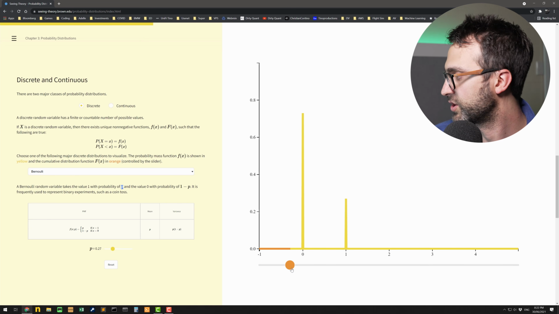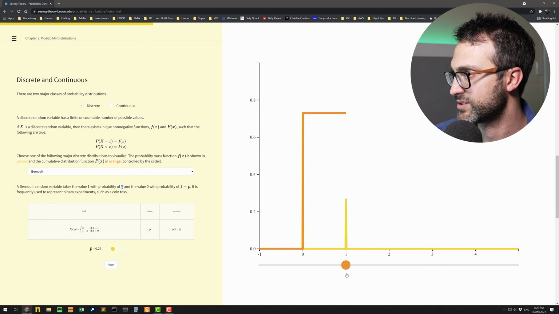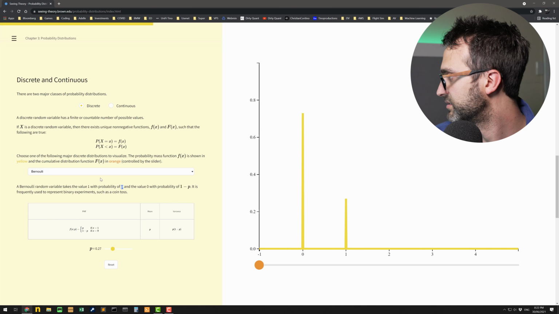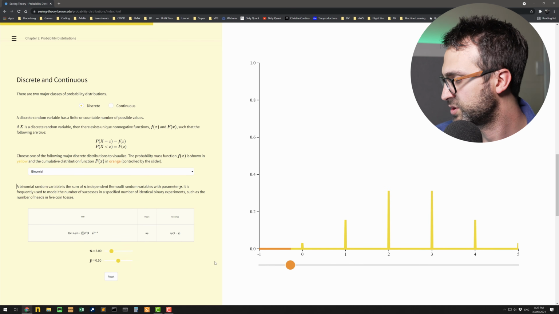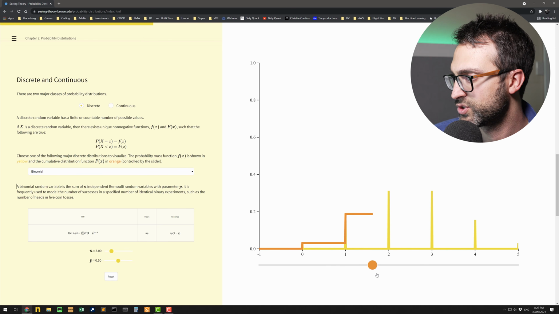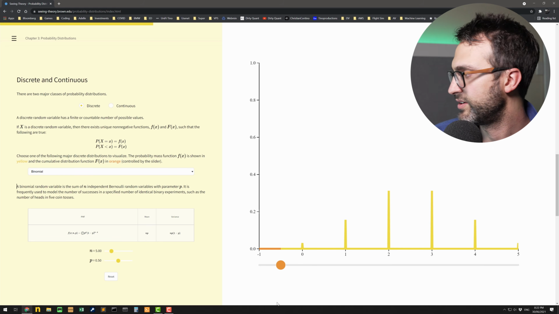Oh, okay. This is like a cumulative distribution function, I guess, is orange. All right, and that should pop to 100. Done. Easy. All right. This binomial distribution has a mean and again a probability, and then you've got this cumulative distribution function up and up and up. Right. Very straightforward.